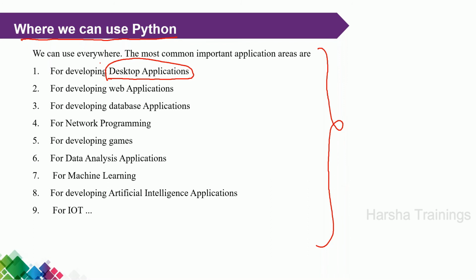For example, if you want to book some railway tickets or bus tickets, we have some softwares available, and you have to install the software. For example, if you are going to a shopping mall, they have the billing software. That software is installed on their particular desktop, in their particular system. Such types of softwares are developed by using Python. And